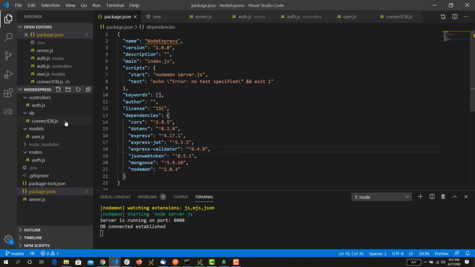Before moving further, I just want to explain what this already created project does and what each file is created for. On the left side, I have the controller auth, the db connect db.js, models, user.js, node modules, and routes, auth.js. This is the .env file for the environment variables, gitignore file, package.json, server.js. This is the package.json file, and these are the dependencies that I have installed: cors, dotenv, express,